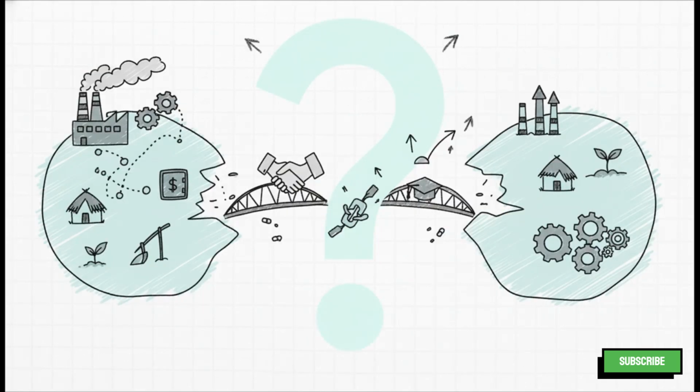So we've spent this time exploring the why, the social, the technological, and the financial forces that create this massive divide and keep it going. But that leaves us with the biggest, most important question of all, doesn't it? How do we actually bridge this gap? How do you take these two separate worlds and bring them together into one single healthy economy? Now that is the real dilemma.